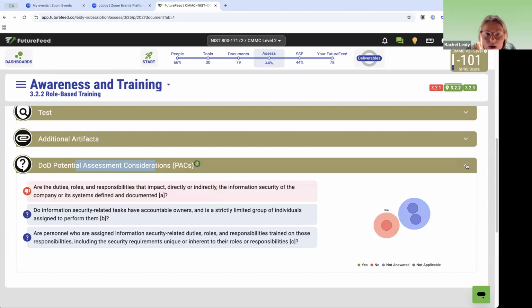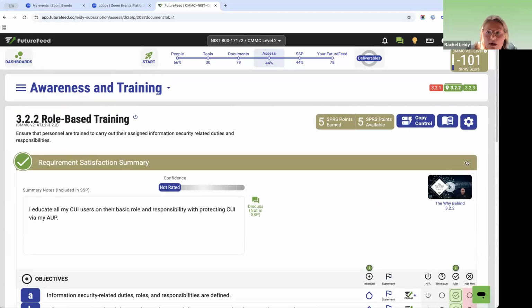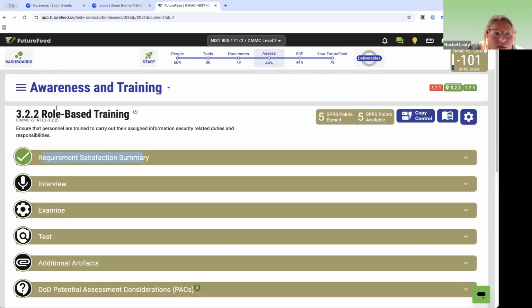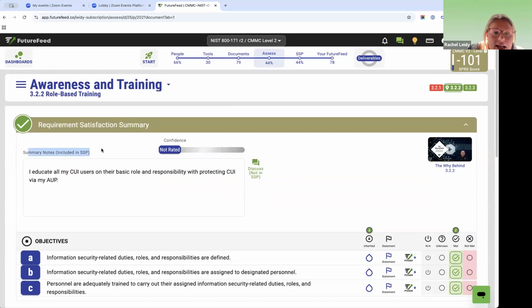Okay. All right, now let's go back up and cover the other sections. So we went over these questions. I don't have anything really further to mention there, nor do I need to talk about the additional artifacts, but let's focus here and then quickly cover interview, exam, and test one more time. So under the requirement satisfaction summary, this is where you are defining